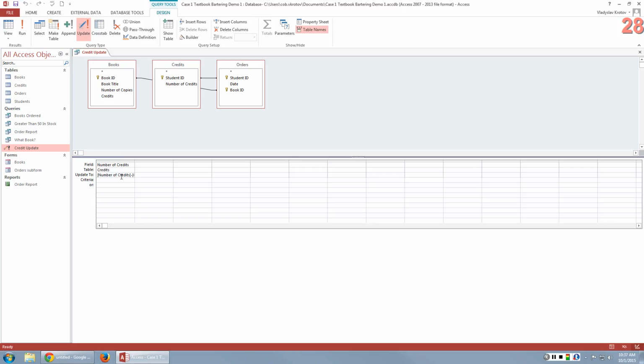So, but again, the update query looks simple. The only thing that you need to keep in mind, you need to select that this is an update query, so that Access recognizes that this is an update command. Because if you don't select it, you don't have any update to option, right? So basically, what you're saying, I'm working with those tables, okay, and you want to make sure that